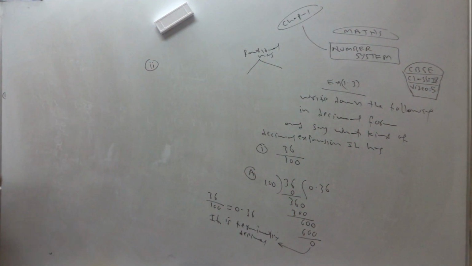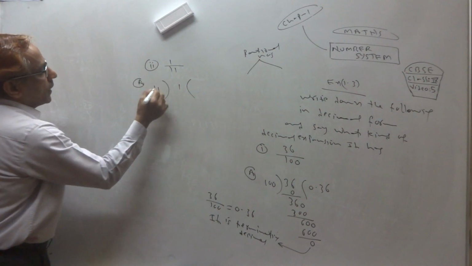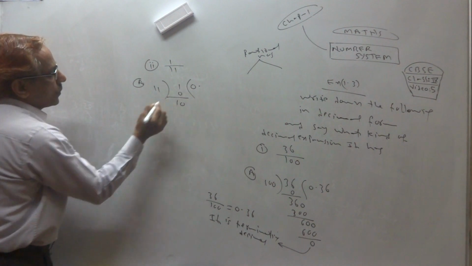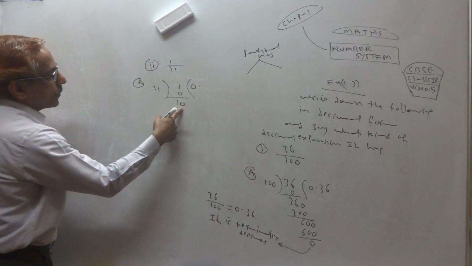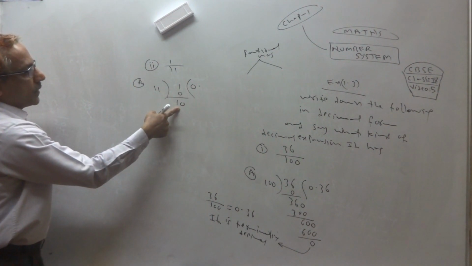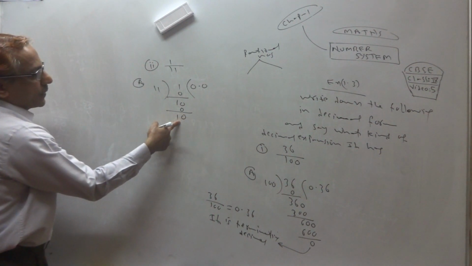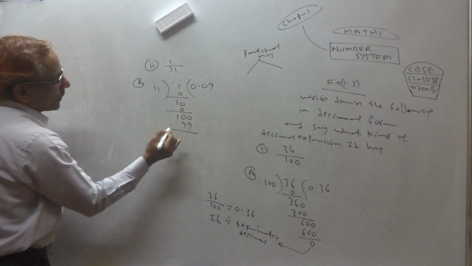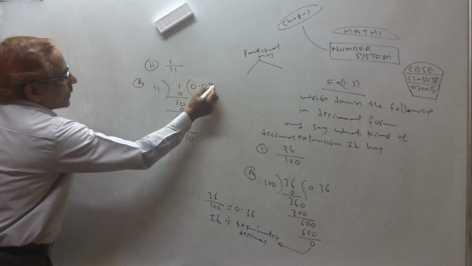Yes, second question. 1 by 11. Say 1 divided by 11. 11 zeros are 0, 1 left, decimal 0, but it will not go, you see. I put decimal and 0, but still it is small. So again you take 11 zeros are 0, 10 left. Now you take 10, you can take always. 11 nines are 99. 1 left. You can take 10. It's not going. 11 zeros are 0.